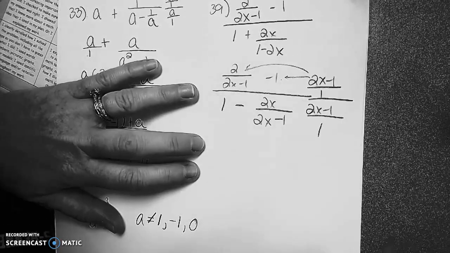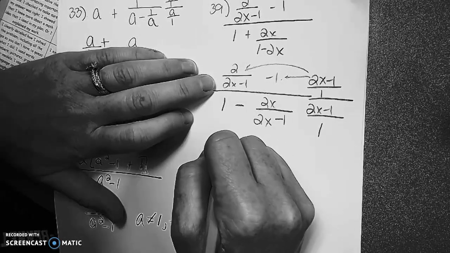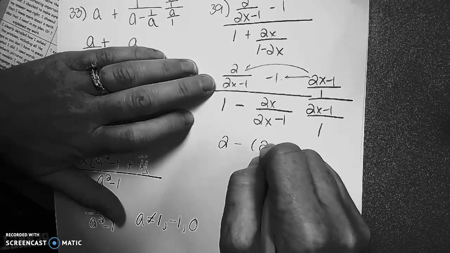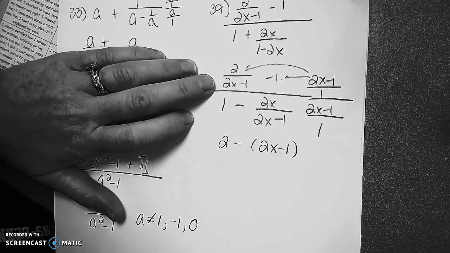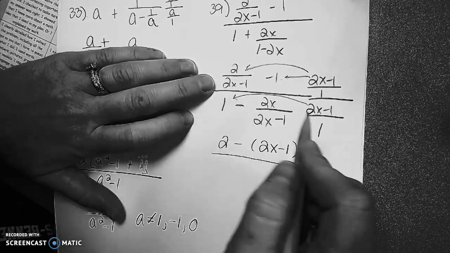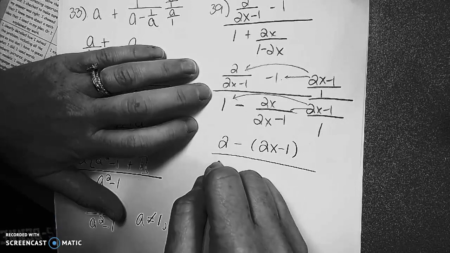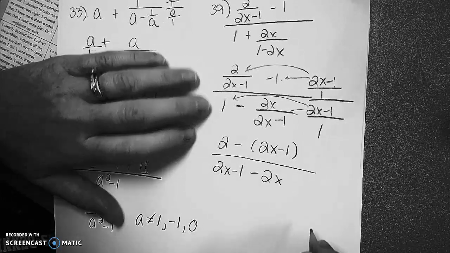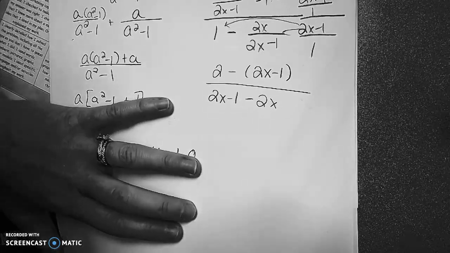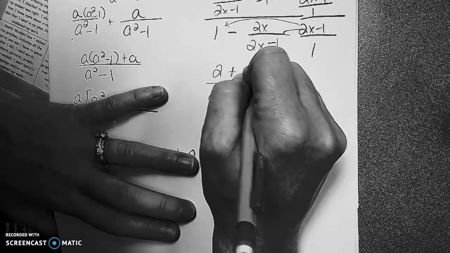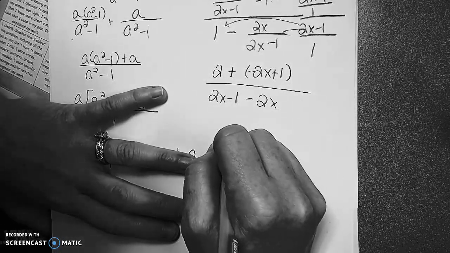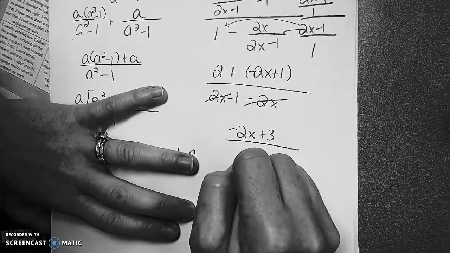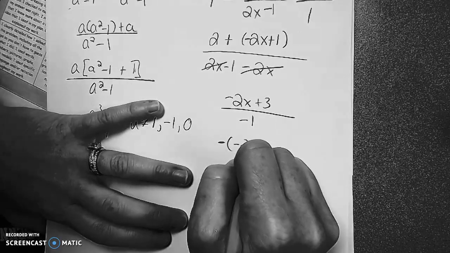And then again, I'm going to be distributing. So my 2x minus 1's cancel, so I'm left with 2 minus. And be careful here, it's subtracting, so I'm going to put my 2x minus 1 in parentheses from distributing there. I've got to distribute in the denominator as well, so 1 times 2x minus 1. Minus, and the 2x minus 1's cancel. From here, I'm going to go ahead and combine like terms, so I'm going to change the subtraction to addition and distribute, so I get negative 2x plus 3. Here the 2x's cancel, so I'm left with negative 1,